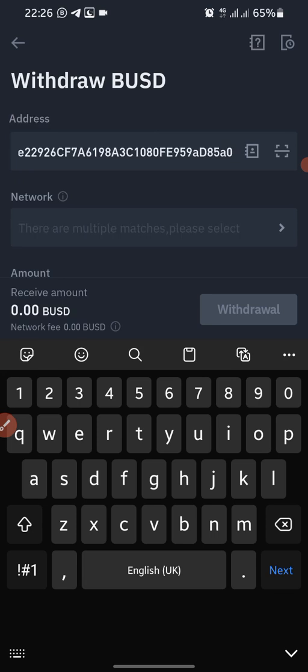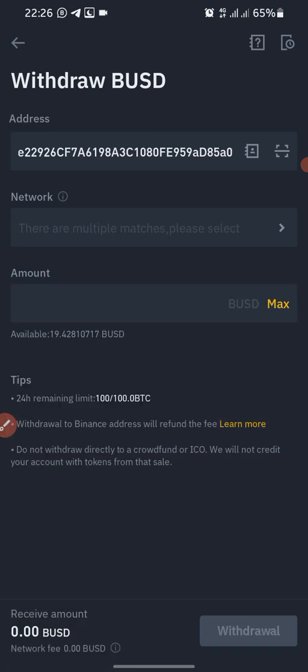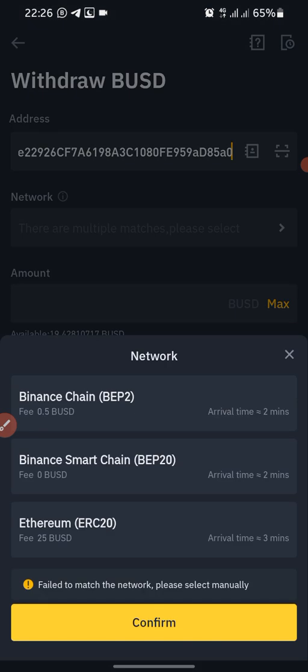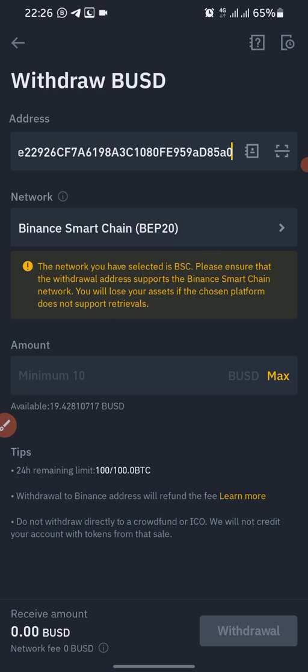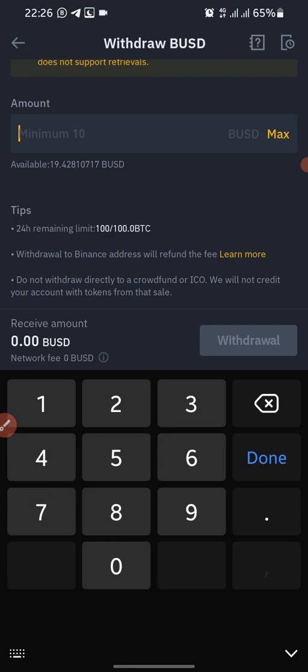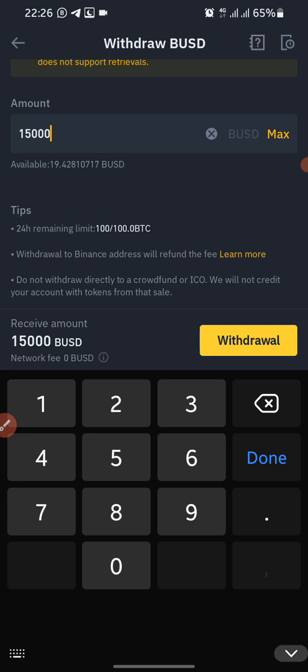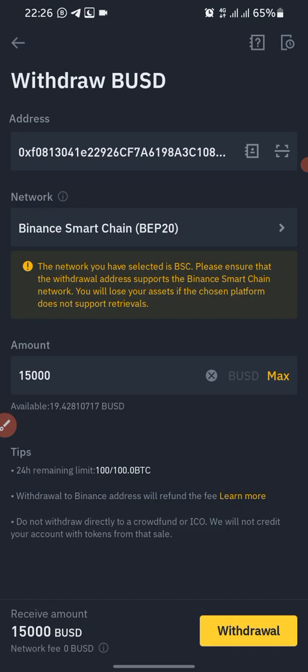And then you select the network type, which is BEP20. And then you click on confirm, and then you type in the amount of BUSD you want to move. Here I want to move 15 BUSD, and then I click on withdrawal.